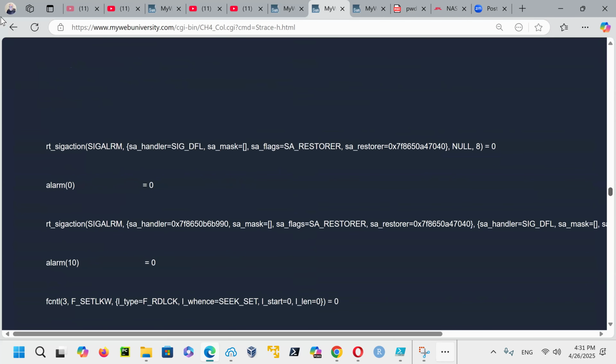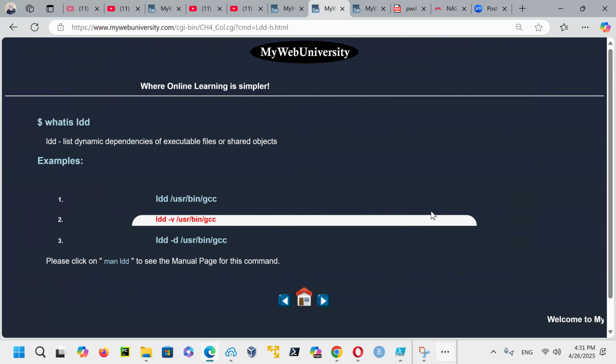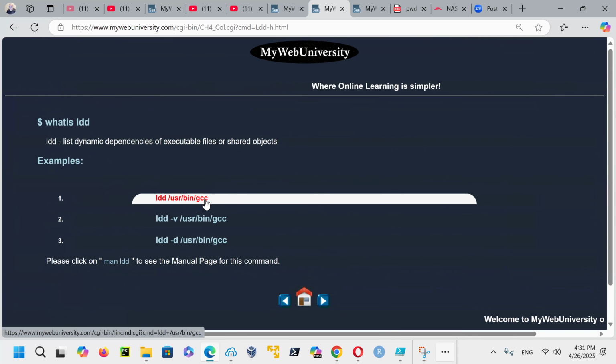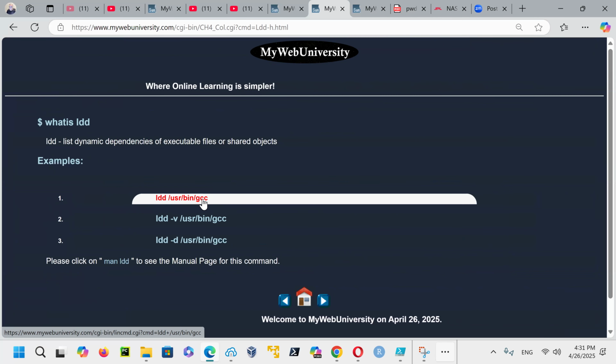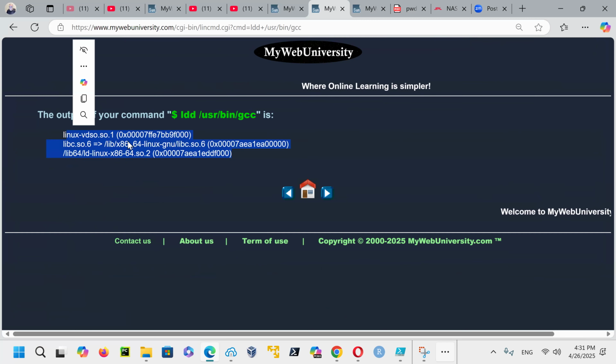So that is just one example. Here you could do ldd, for example. Notice that on this one, ldd is not harmful, because I say, show me the dynamic link libraries of /usr/bin/gcc. gcc is the binary. In this case, it shows all the shared object files.